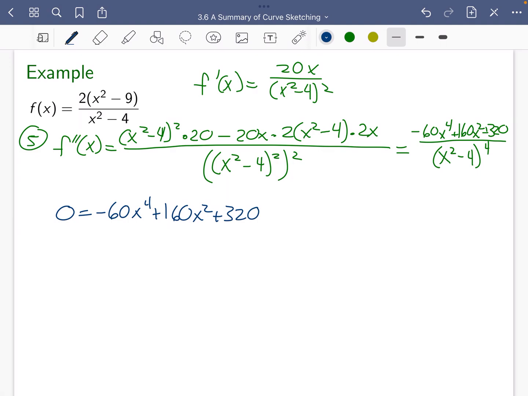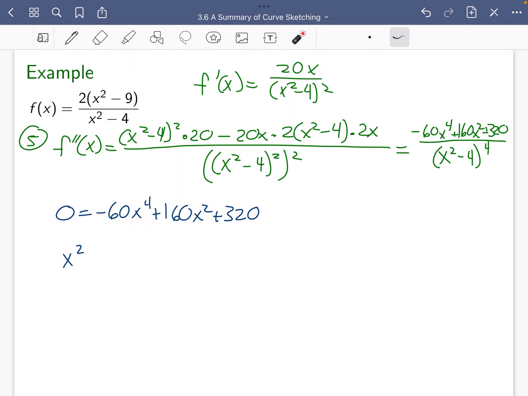How would you solve that? There's a variety of ways you could go about solving it. You could look to factor it. I'm going to use the quadratic formula, essentially. Now, typically we would say x is equal to something, but since this is a quartic, we